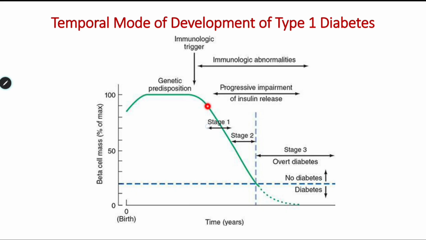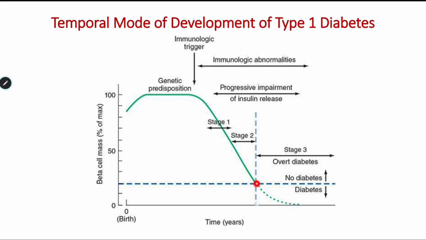They are able to compensate by increasing the insulin secretion. But as more and more beta cells are destroyed, the remaining beta cells are not able to compensate for the insulin requirement, and that is when there is pre-diabetes, or progressive impairment of insulin release, stage 2. There is dysglycemia or pre-diabetes, and after about 80% of beta cells are destroyed by immunity, there is overt diabetes,